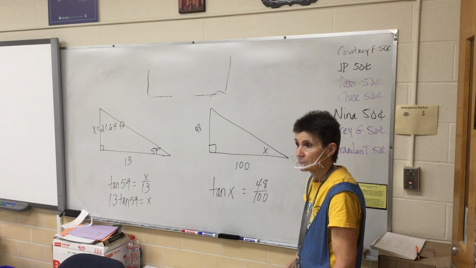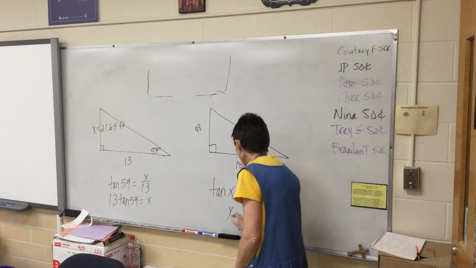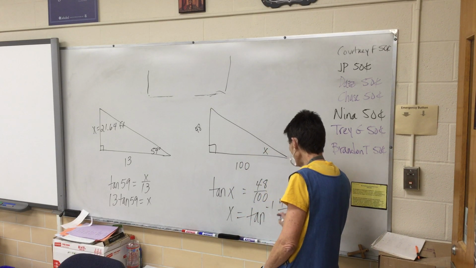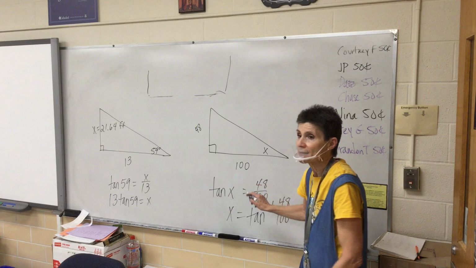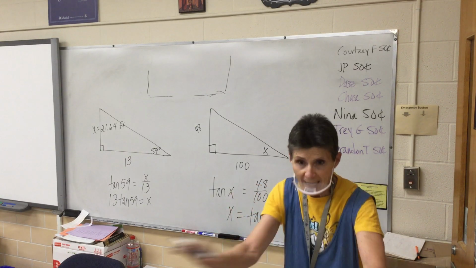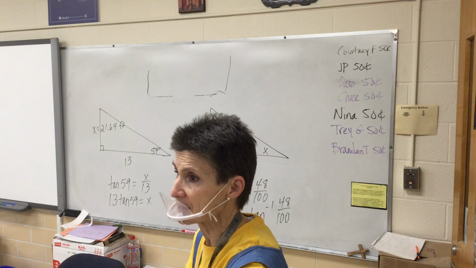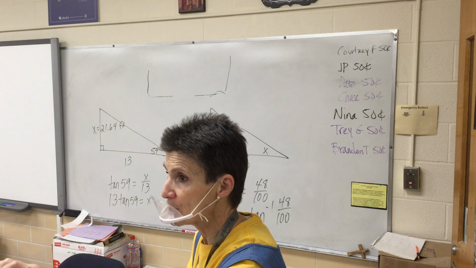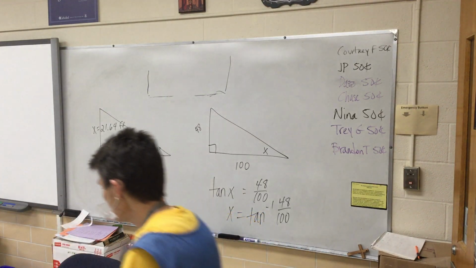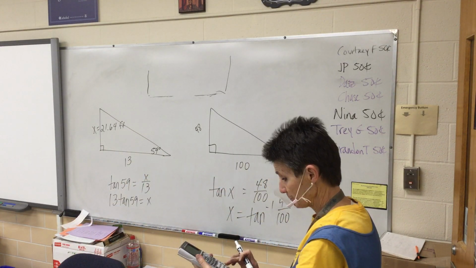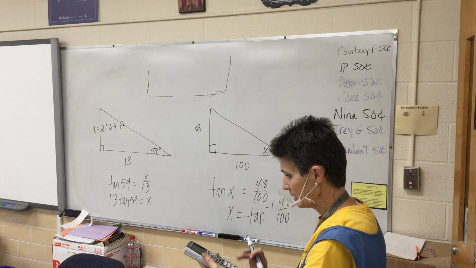So x equals tan to the negative first of 48 over 100, so you need second tangent. Once you write your equation, you're done. No multiplying or dividing or anything like that. Once you write your equation, you go straight to second tangent. So second tangent, 48 divided by 100,